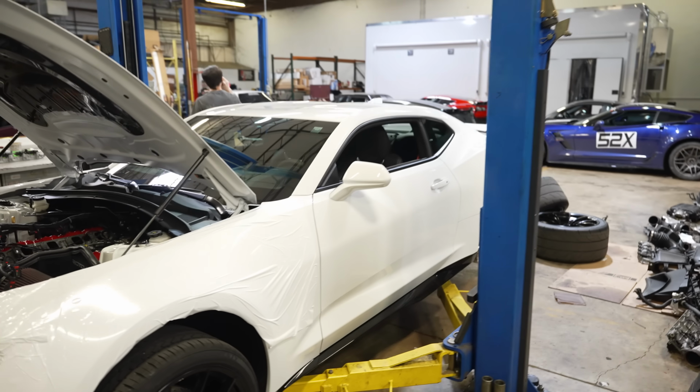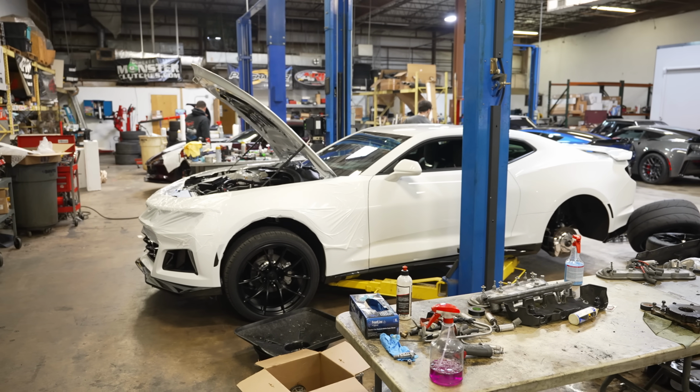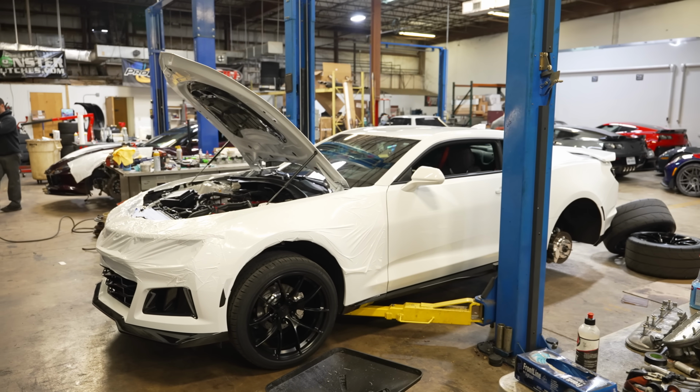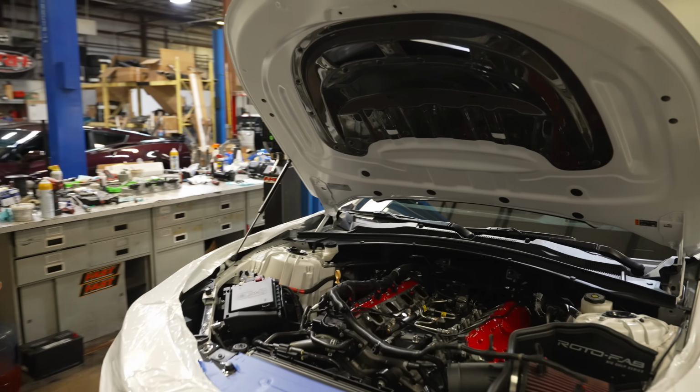Here's kind of like a wider view of the car. It's getting some suspension parts put on. It's going to be a pretty high power car, so probably definitely over 1,000, I would say. But anyway, Matt started to rip into it,